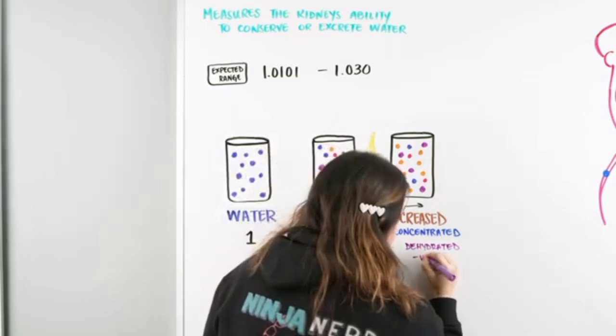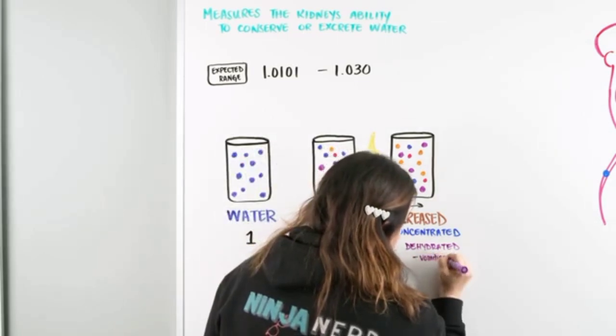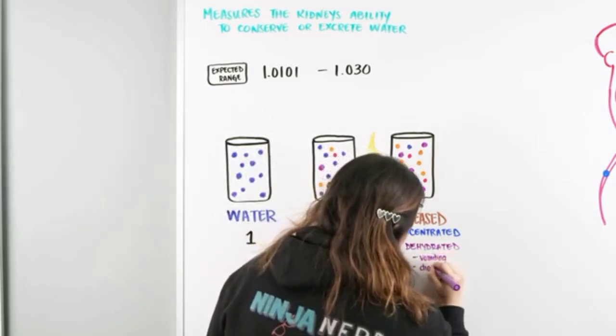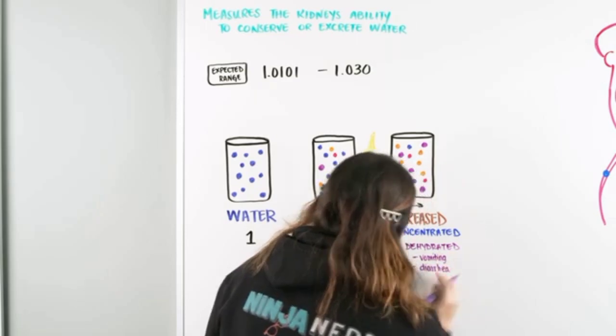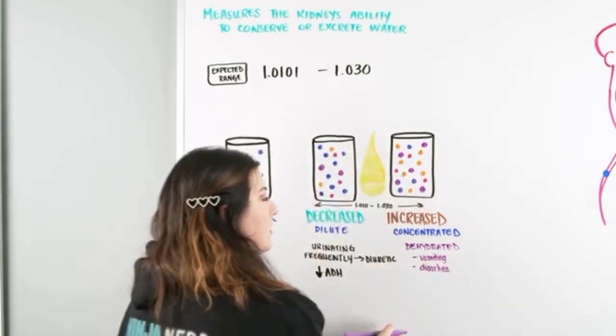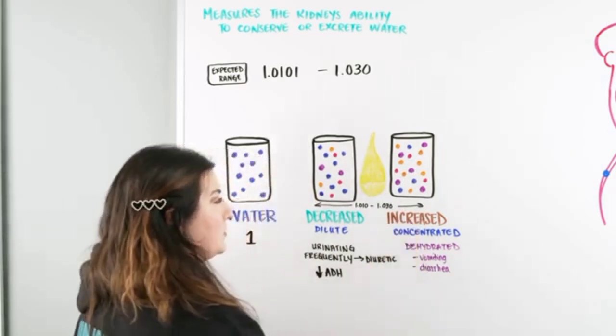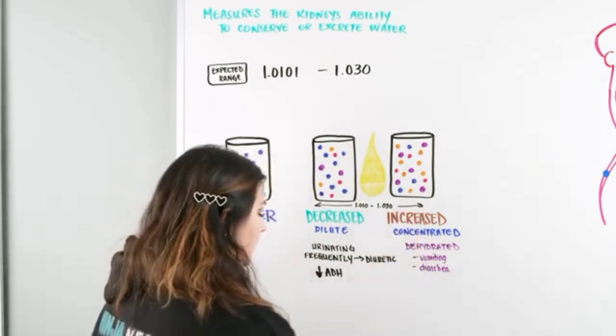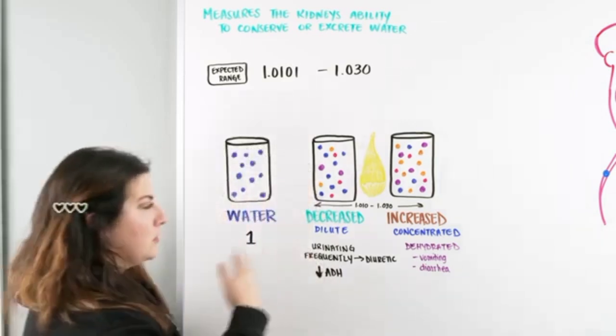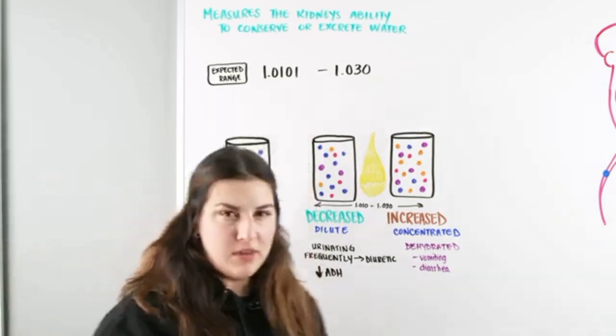Could be vomiting, right? Could be diarrhea. Could be many other things that are going on with this patient. And because they're losing these fluids, they are now having a more concentrated urine, which is an increased urine-specific gravity. So I hope this video helped clear up what urine-specific gravity means and what it does